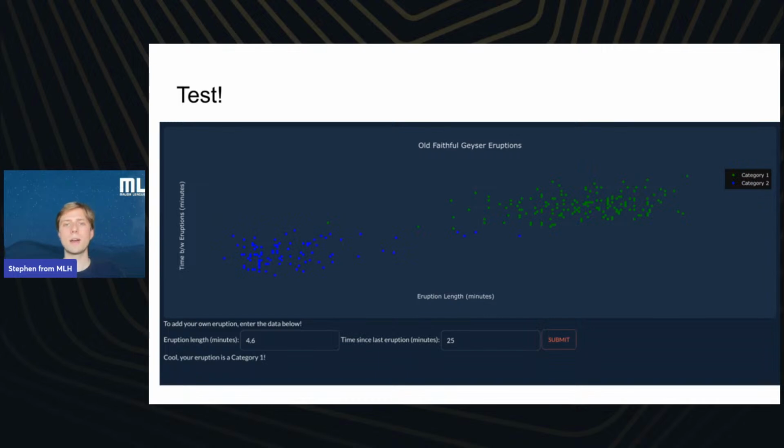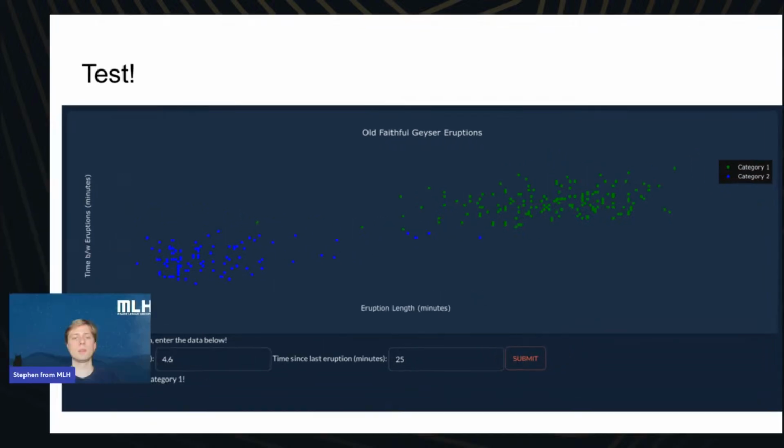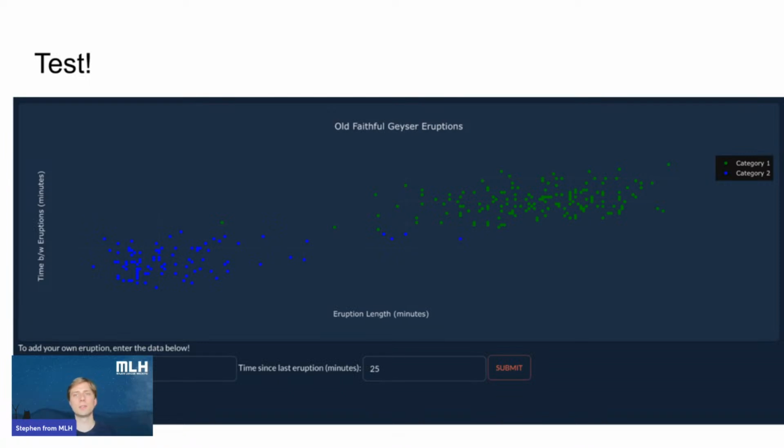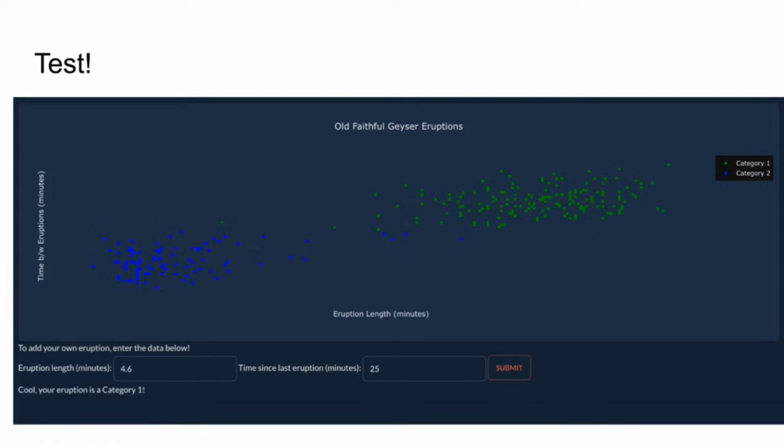So here's my Taipy app. Zoom in a little bit so you can actually see. Zoom in even further. And yeah, so I'll just type in the eruption.